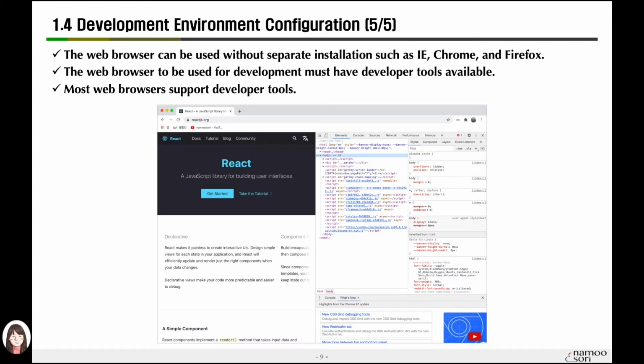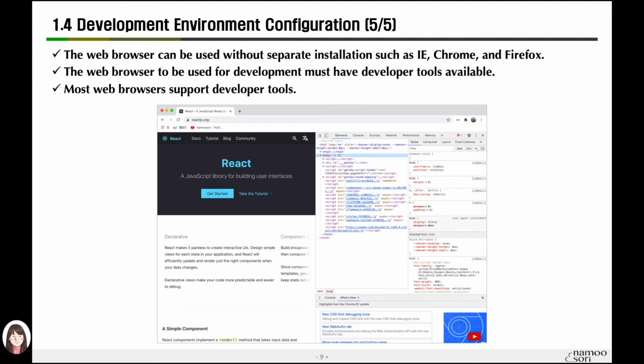Therefore, when I check, there is a possibility that certain examples may not work in IE. So if possible, it is better for you to use the same browser as me, Chrome, so that it will work pretty okay. In fact, when you work on a project in production, you will need to adjust those parts in the future so that IE, Chrome, and Safari can operate the same way.